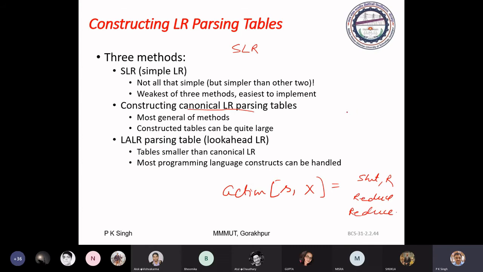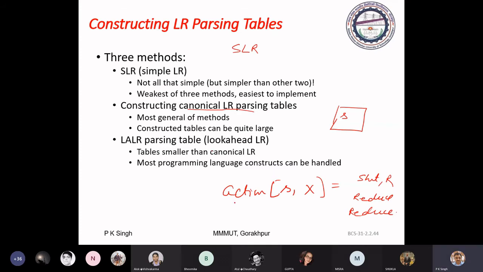Shift reduce means that in the same block, it may be possible that you have a shift action as well as a reduce action. Means you may get a handle on top of the stack and you have the provision to shift the symbol from the input buffer.